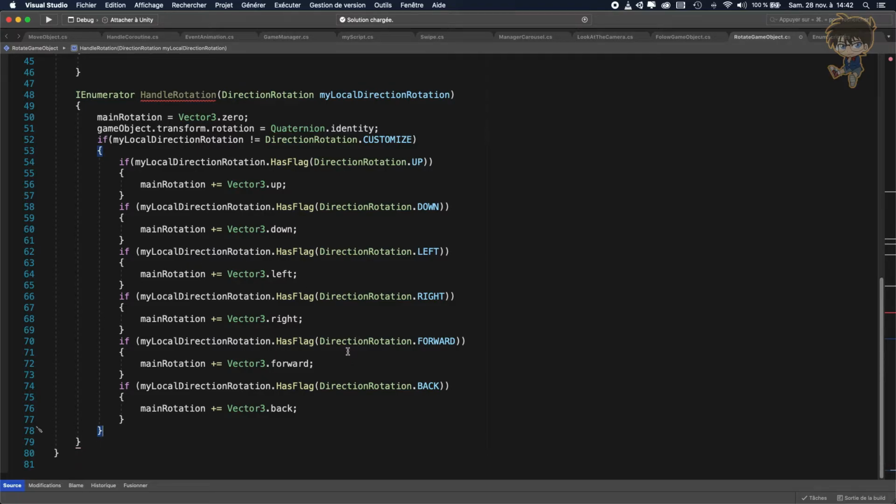All right, so as I was saying, I add all my cases. So if it's different than customized, I want to have a special rotation. So I add all the directions possible. So for example, if I add back and right, so vector right is 1, 0, 0, and back is 0, 0, minus 1, so the main rotation will be equal to 1, 0, minus 1. And each time it will add each of